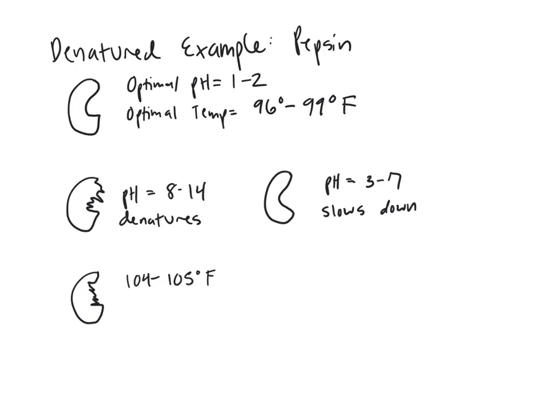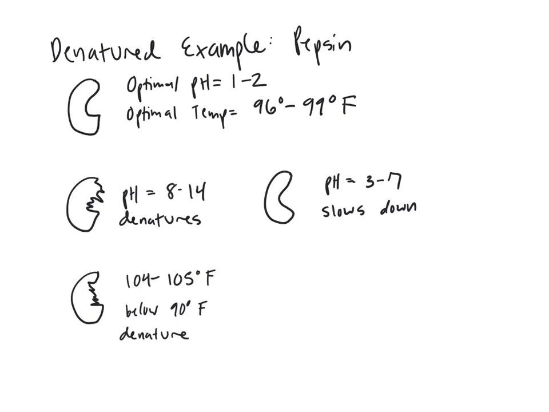Also, if you go too cold, so if your body temperature falls below even 90 degrees Fahrenheit, you're going to start really experiencing, you're going to feel tired. Your enzymes are slowing down as you kind of slowly start to freeze. So both of those are going to denature and damage your pepsin enzyme, and actually all of the enzymes